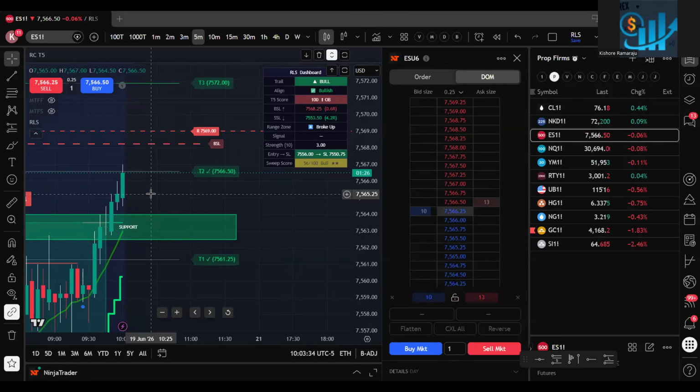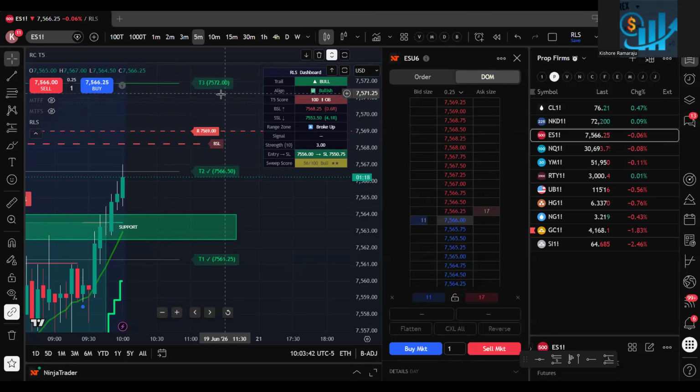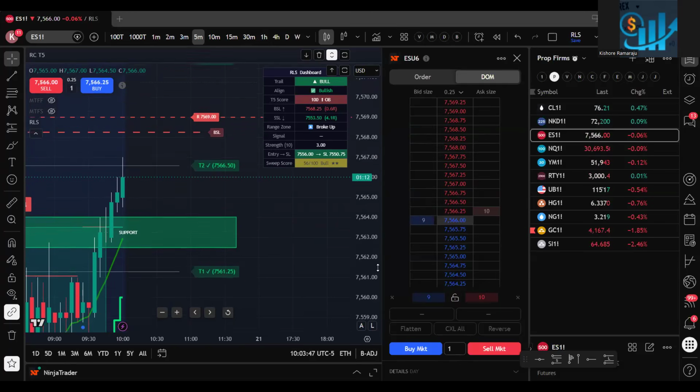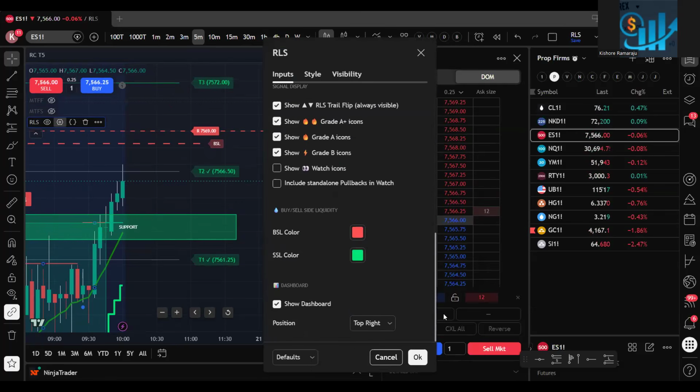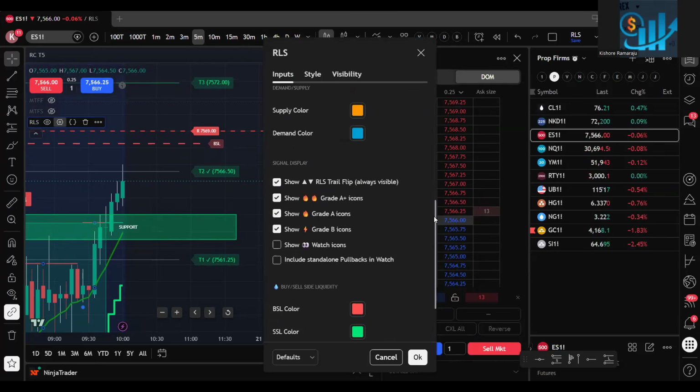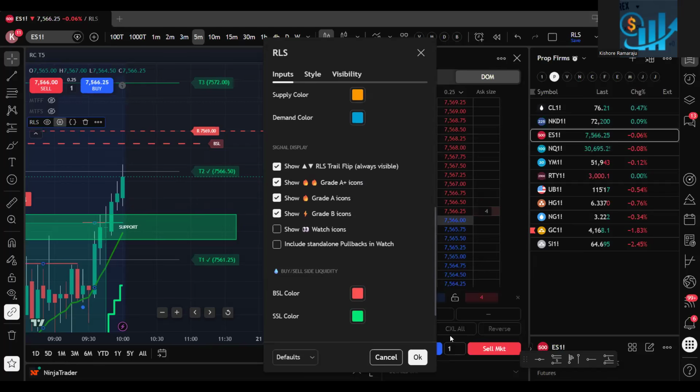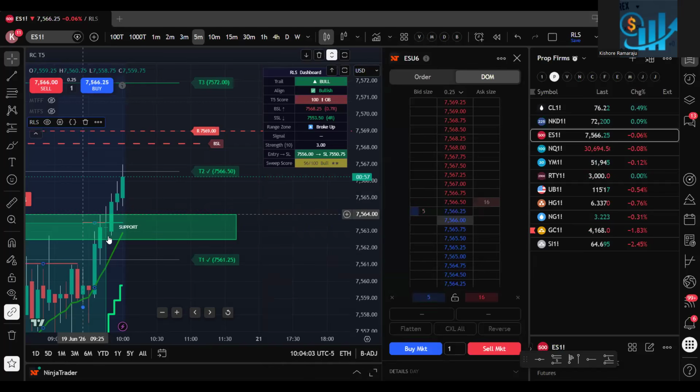Yeah, liquidity sweeps can change based on the time frame. If you are using a higher time frame, wherever you have a very huge liquidity, you may have those BSL and SSL at those points. Whereas when you have a smaller time frame, so to get the dashboard, you have to go to the settings and you have to just keep show dashboard. Mostly we should see reversal here. We should go here and then we should see a reversal from this point.